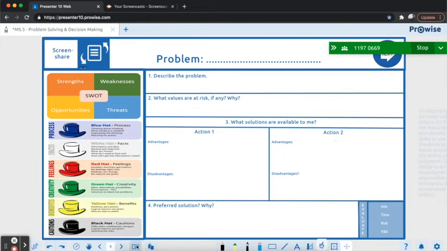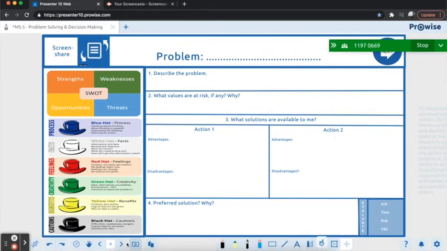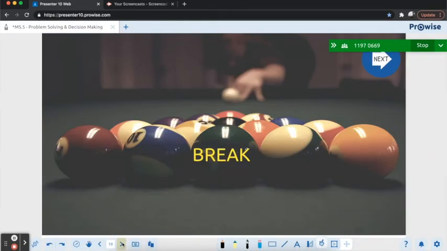But if you give them a free-for-all, you might find that most of them just use SWOT analysis. So from an instructor point of view, it might be a good idea to designate 1 and 2 sections, for example, to do SWOT analysis, and 3 and 4 sections to do de Bono's hats, just so we get an even spread of application of these tools rather than everyone just doing the same. So we're just giving them a chance to practice using these tools, and then we're going to give them a